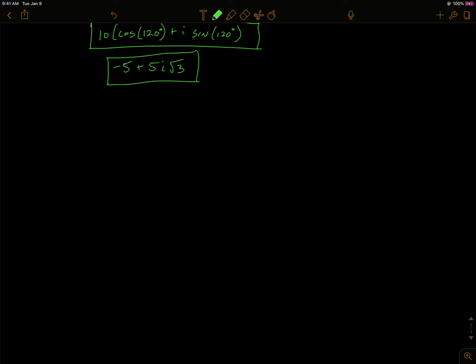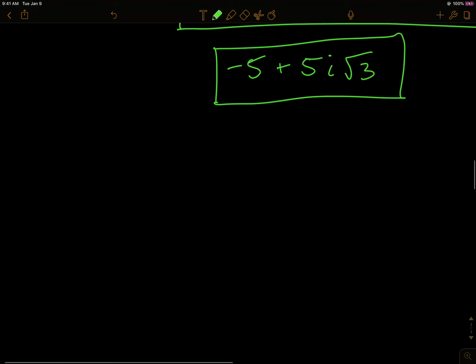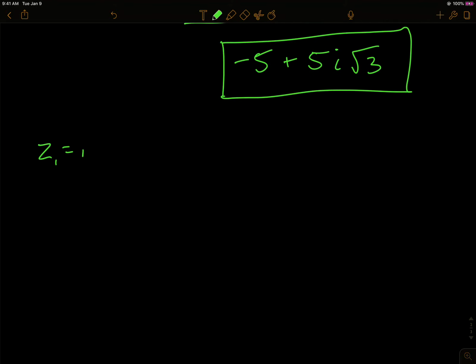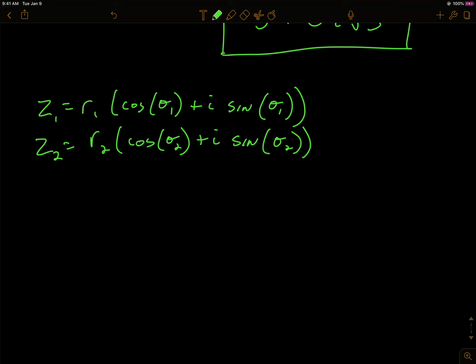Now we're going to derive a formula for dividing complex numbers in polar form. So again, we're gonna do this in general. So we have the formula. So we can take our first complex number in polar form, z sub 1, and now we're going to divide them. So if we divide these two numbers, z1 divided by z2,